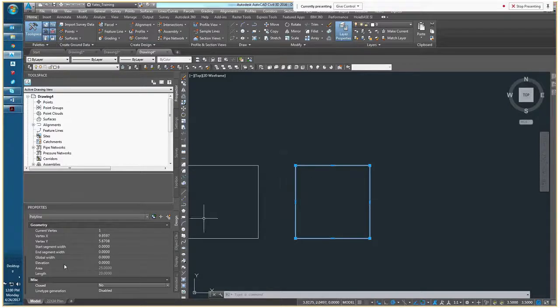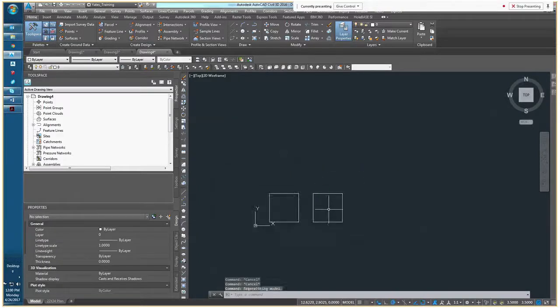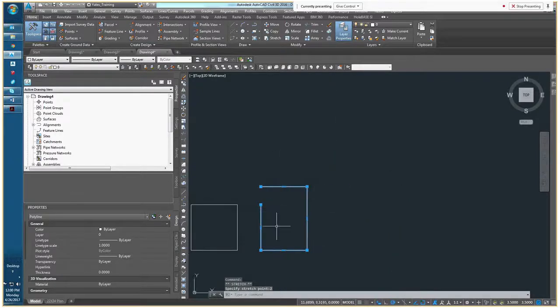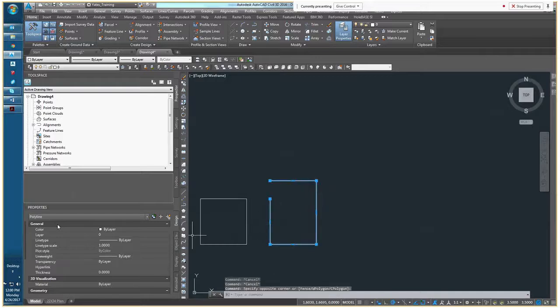But I do want to point out that having this semi-closed polyline does give us more information. It gives us the total length around it, along with the area in square units for this drawing. So for a 5 by 5 by 5 by 5 square, we have a 25 square unit, square foot box. Now, since I did not close that properly, if I were to grab the midpoint of this polyline and drag it up, we can tell that it's not closed. And now we lose some information in terms of accuracy, in terms of what this is trying to